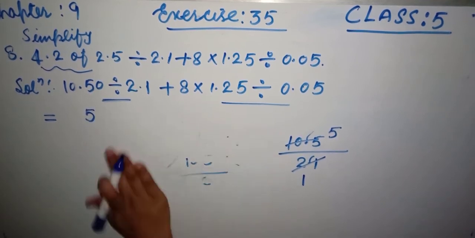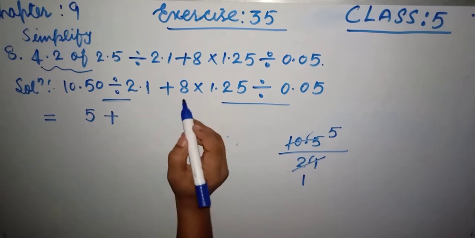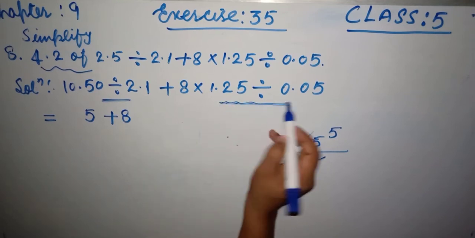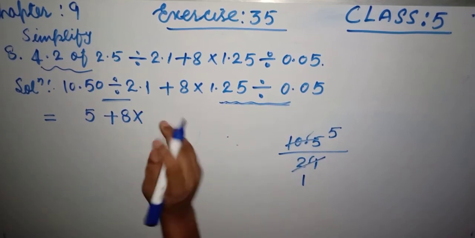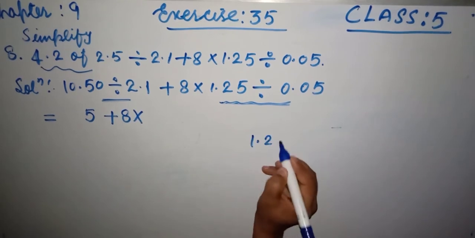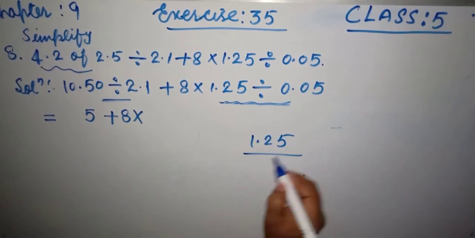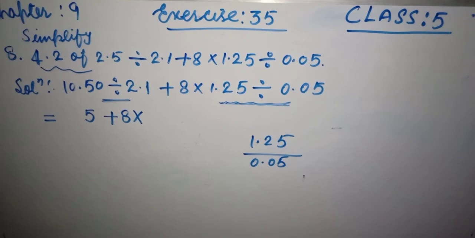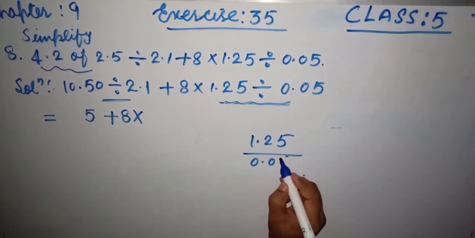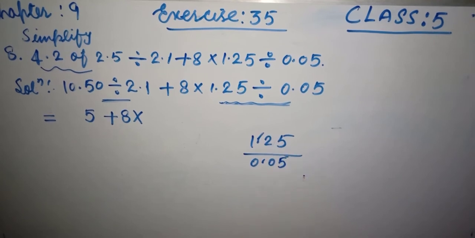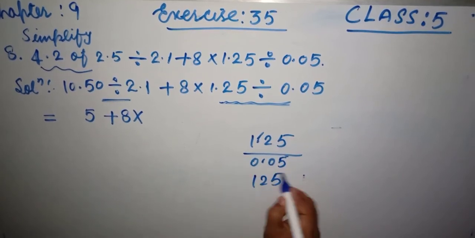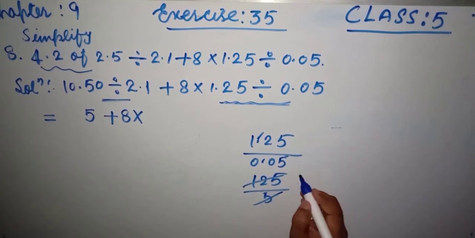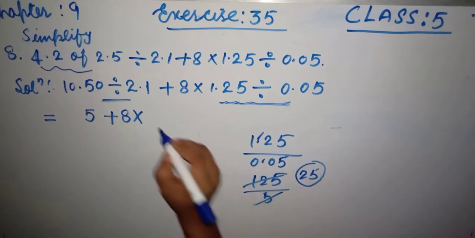Okay, now here is the plus, write the plus. This is 8, so 8 as it is, because first we have to solve this division, then the multiplication. Here is the division. Now friends, this 1.25 is divided by 0.05. Have a look friends. After decimal there are 2 digits, and after decimal there are also 2 digits in numerator and denominator as well. So this decimal will get cancelled. This is only 125 on top and 5 below. So 5 2s are 10 and 5 5s are 25, this is only 25 friends.